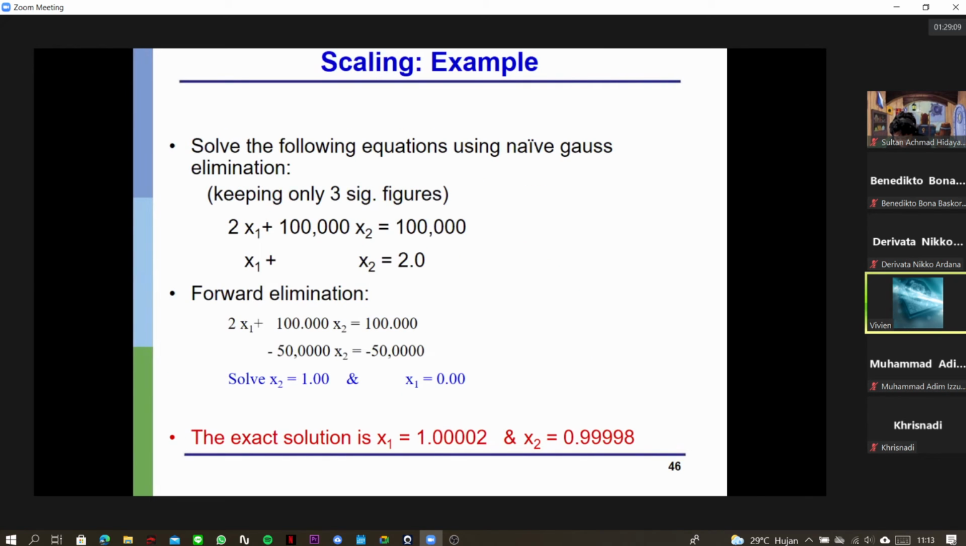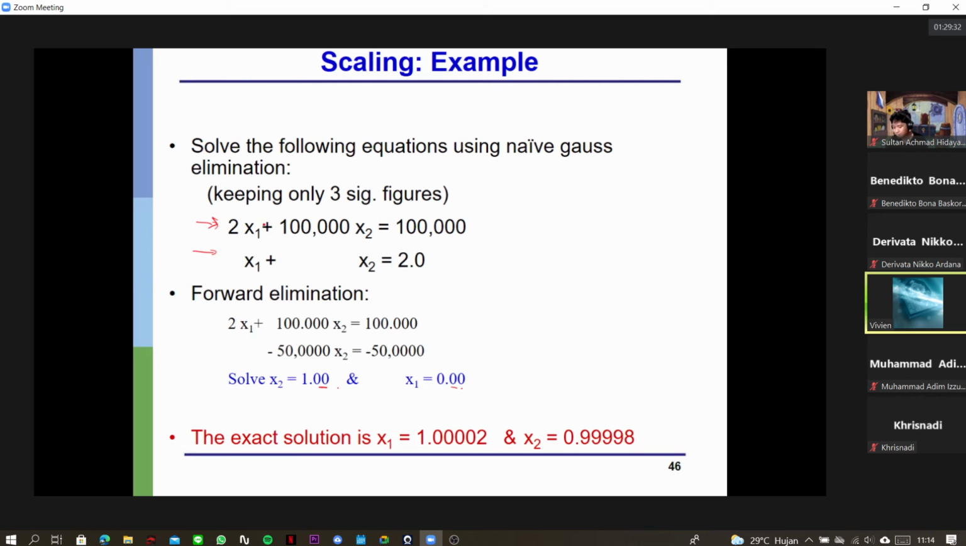Next improvement is doing scaling. For example, here we keep only 3 significant figures. That means 2 numbers after the decimal point. So say we have 2 equations like this one, in which you can see the magnitude of the coefficient